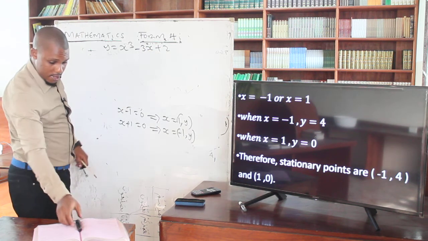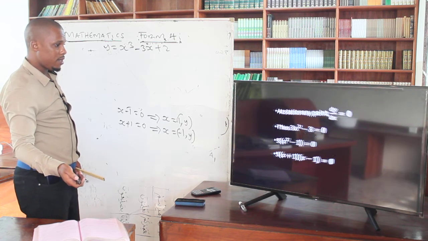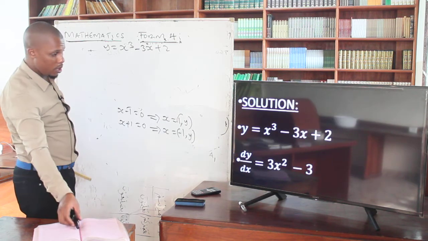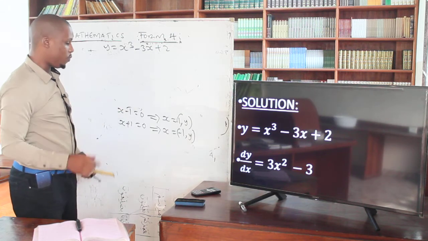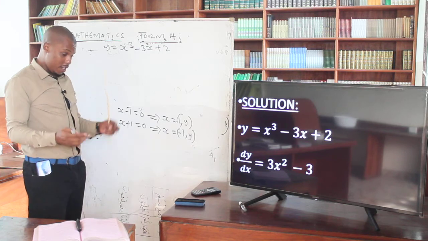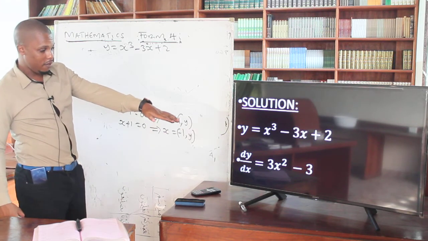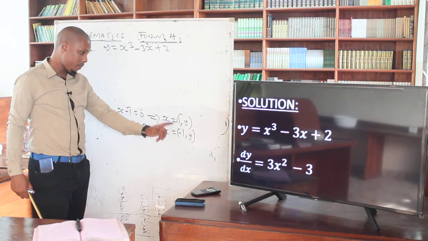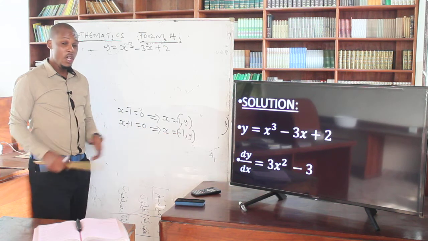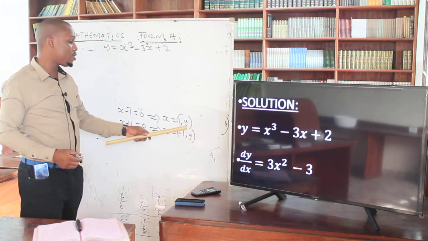So in this case, let's confirm that is true. Yeah, that is our equation there. That was our equation: y is equals to x cubed minus 3x plus 2. So we have solved, and then after getting the derivative and equating it to 0, we get two values of x. x is equals to 1 and x is equals to -1. So we have to go there, then substitute to the original equation, and then we see what is going to be the value of y.